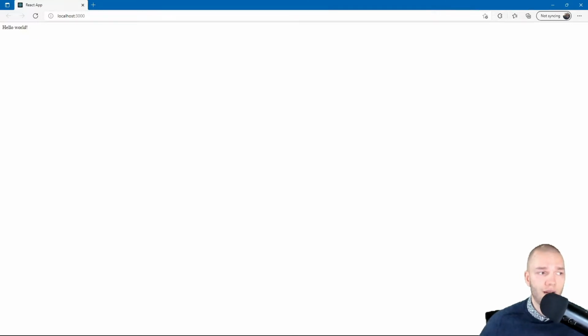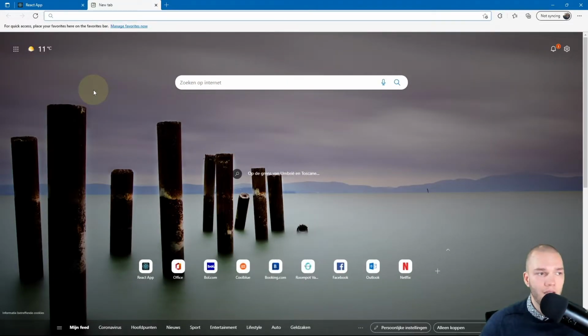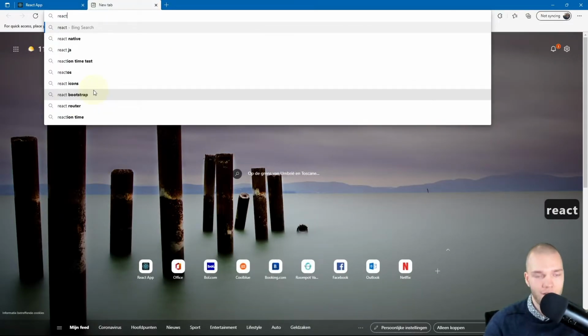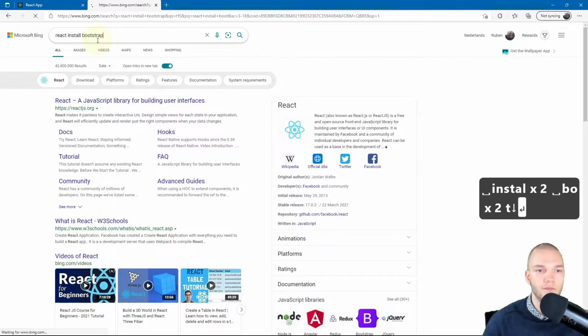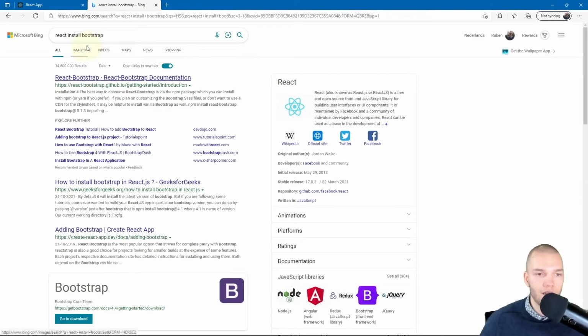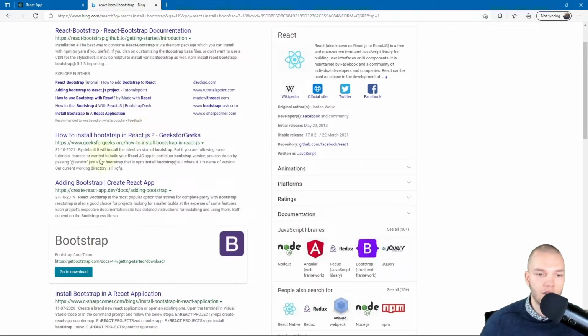So for the UI, I'll be using Bootstrap, which according to them is the most popular CSS framework for developing responsive and mobile first websites. So I'll just open another tab and search for React, install Bootstrap, and I'm gonna use the create React app link.